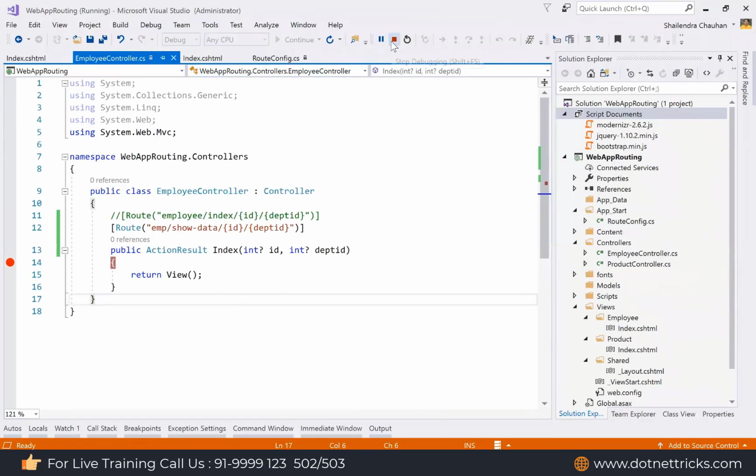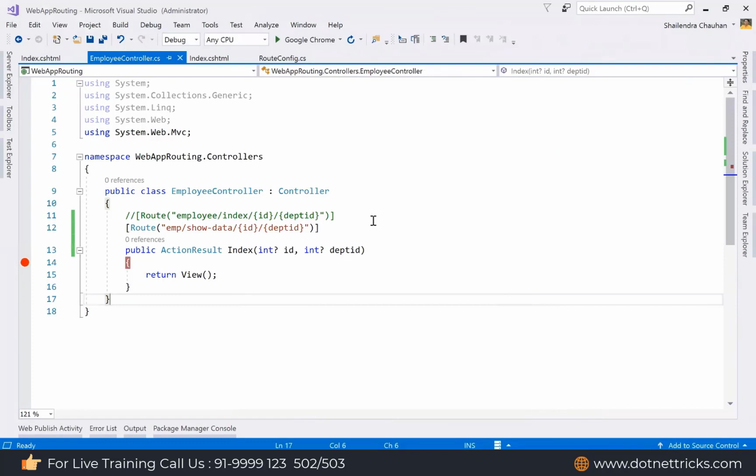The objective of attribute routing is to create more SEO friendly URLs. In an SEO friendly URL, we omit the special characters from the URL. Let's say if you have a URL having query string parameters, that URL is not SEO friendly. And sometimes we put our product name as well by using dashes. So the objective of attribute routing is to create more SEO friendly, or you can say more meaningful URLs, as you have seen in e-commerce websites.